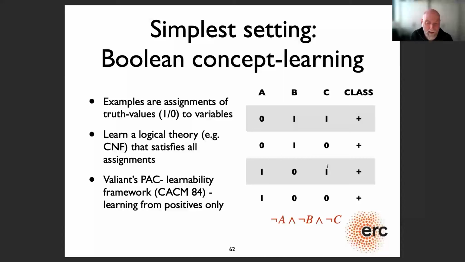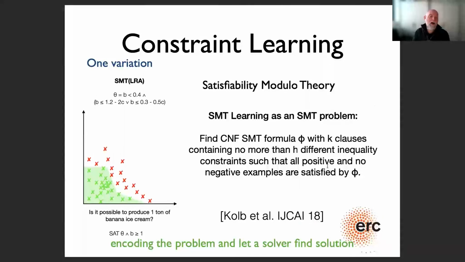And he would then learn things like the theory that you see here, which would be kind of constraints. So on the basis of these binary examples, you could learn a logical description in the form of a conjunction of disjunctions, this k-CNF format, and he proved that this is probably approximately correct learning. And that's the very simplest form of constraint that you can think of, because you have Boolean variables and you have logic to express the constraints.